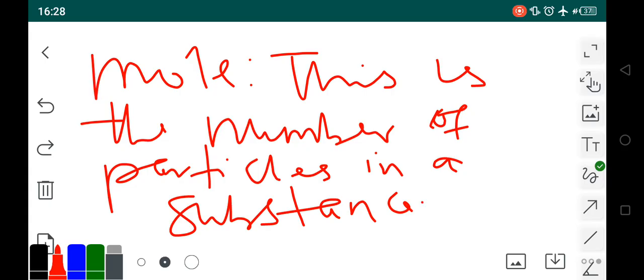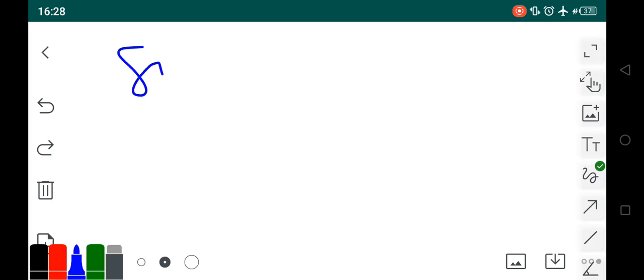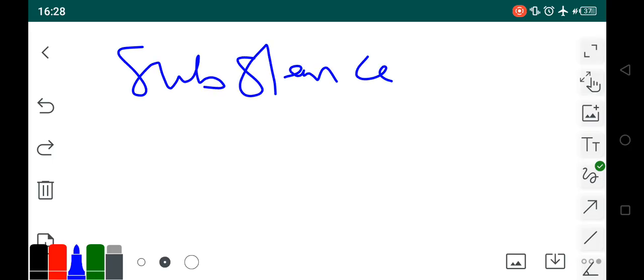This is how we define a mole. The key point is the number of particles in a substance. So you might be dealing with a substance that can be